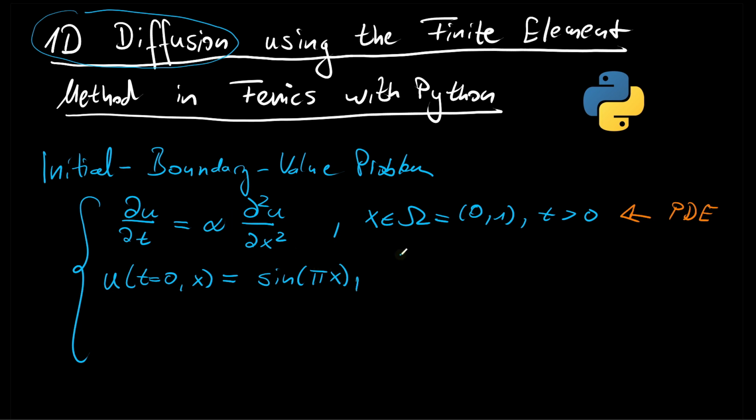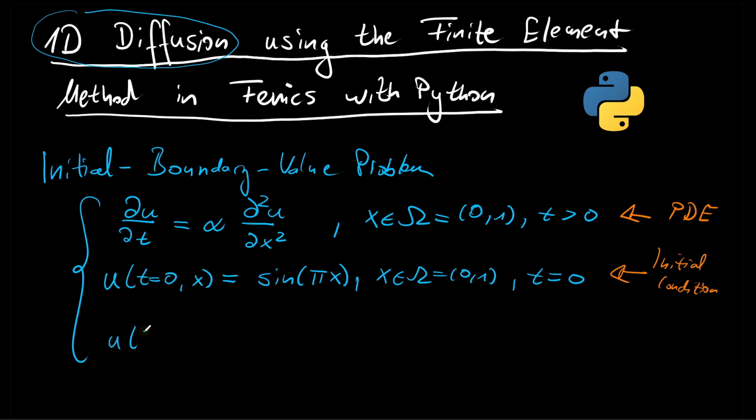And then this, of course, is valid on the entire domain omega, which was this unit interval from 0 to 1, and it is valid at time being 0. I mean, we've already written that down here. So this one is the initial condition, or IC,